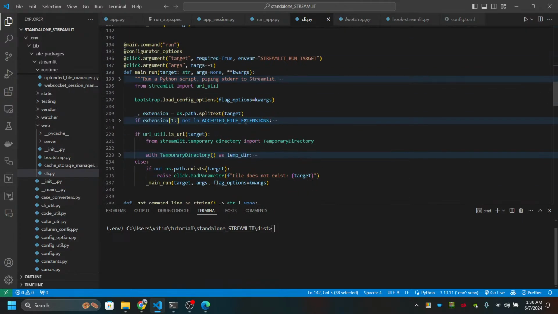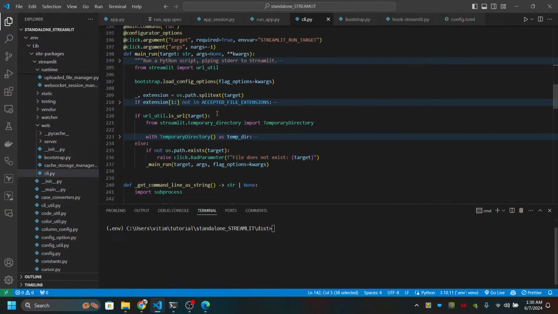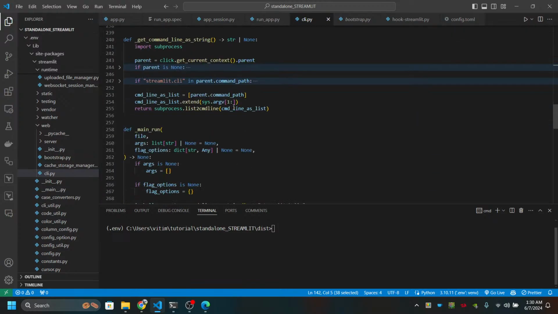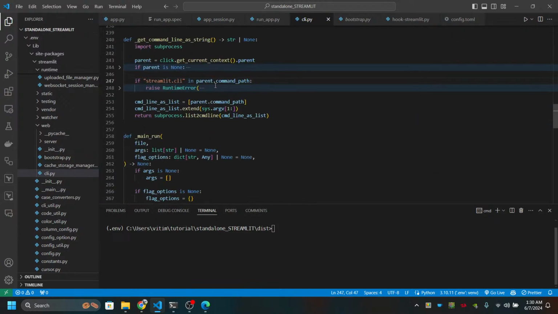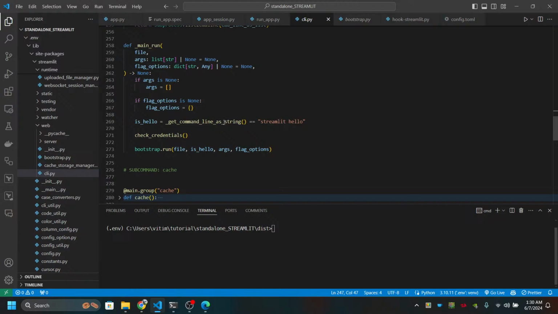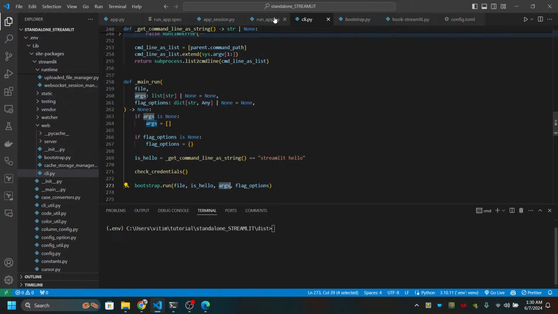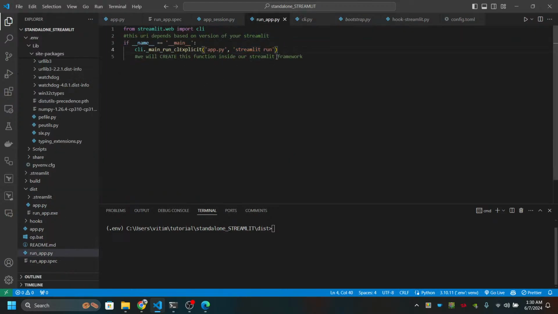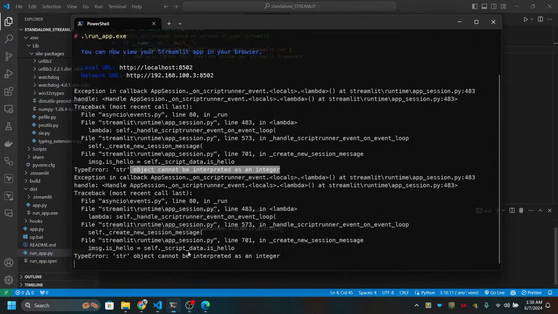I'm trying to change the way, to adapt myself. I'm trying to figure out that flag is slow. It's trying to call the run file. Say that this is ours. Okay, let's say this is ours. If this is ours, then